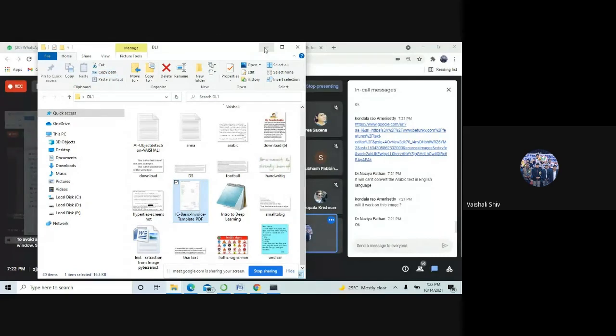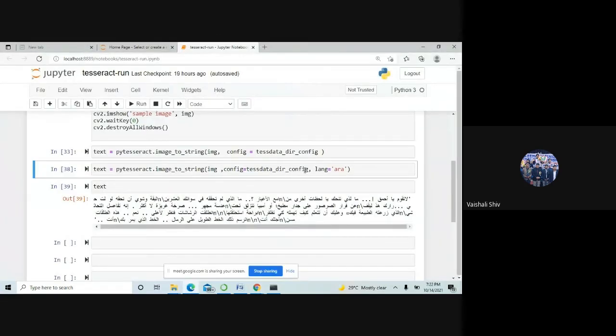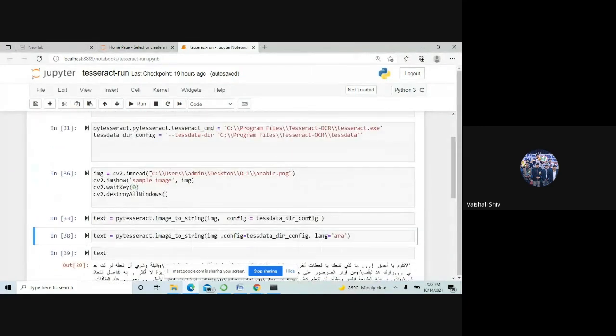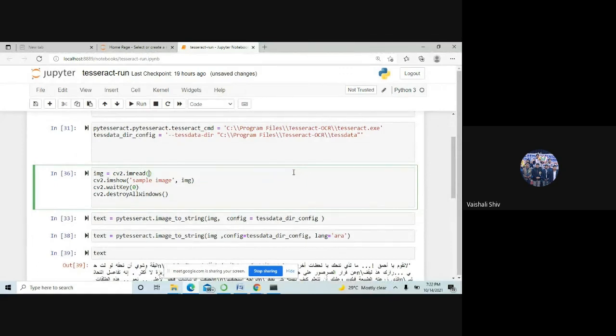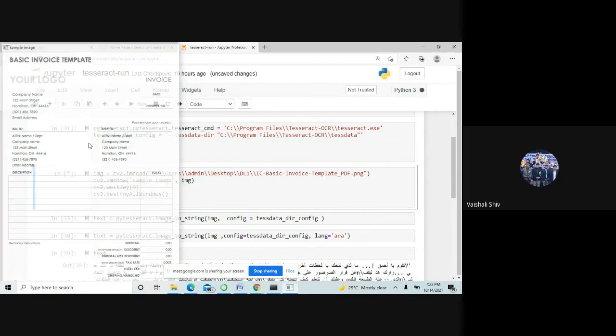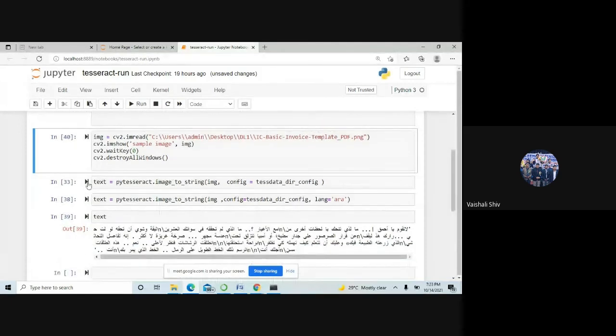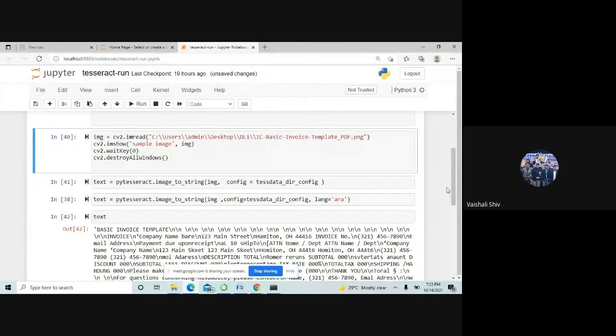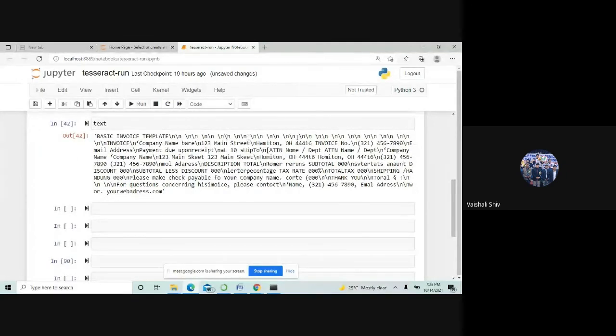Okay, so this is the image, and once I run this line, now see, because of having a large gap in the line, it is showing slash n, and it has read everything.